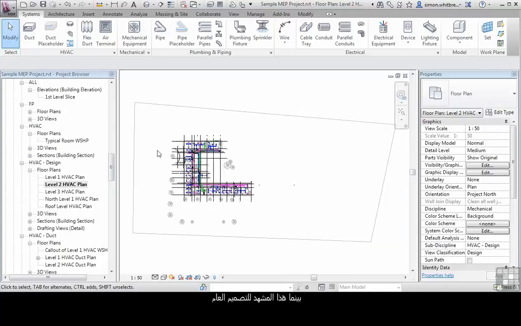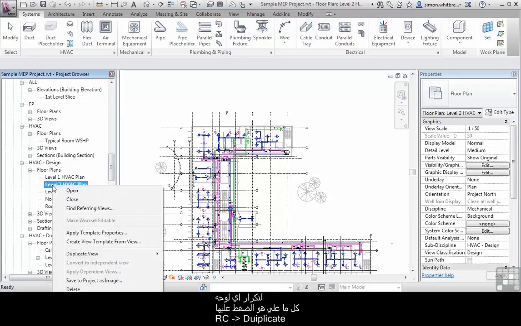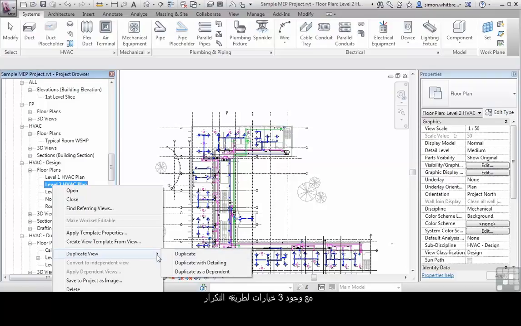While this view has been used for general design, I also want to create some documentation views. And those documentation views may well be completely different to what we're looking at here, even though the data is the same. To duplicate a view, all I need to do is select the view in the project browser and right-click on it. I then have the option to duplicate the view, with 3 options on how it is duplicated. Let's start with the first one. I'm going to click on Duplicate